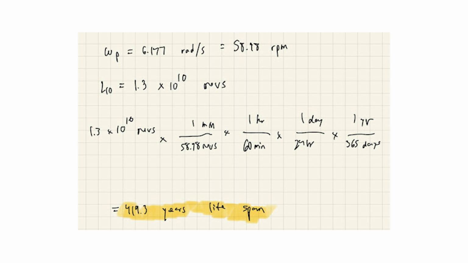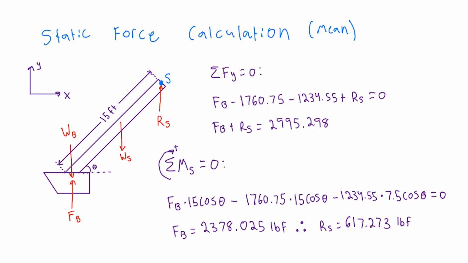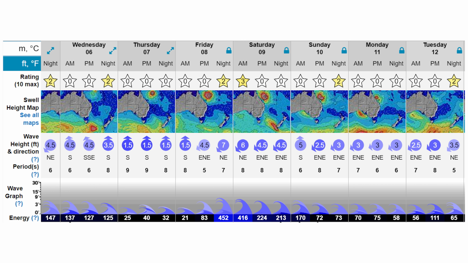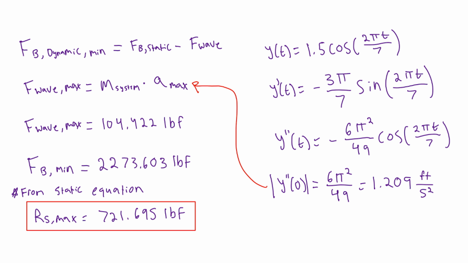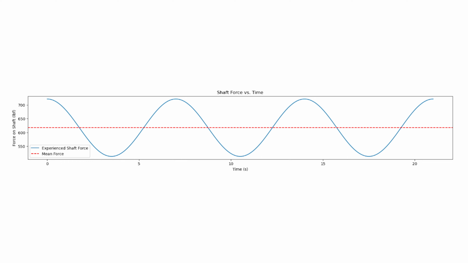years of revolutions. The gear shaft is subject to a fluctuating weight force, stemming from the beam that connects it to the buoy. In a state of static equilibrium, this force is approximately 617 pounds force, which we'll use as our baseline or mean force. However, this is not constant. It varies in response to the buoy's vertical movements influenced by dynamic buoyant forces. To accurately represent these movements, we've utilized wave data from Maroubra Beach in Sydney, creating a simplified model of ocean wave motion. Through the process of differentiating this model twice, we're able to determine the maximum vertical acceleration. When this acceleration is multiplied by the system's weight, it yields the alternating force exerted on the shaft, which is